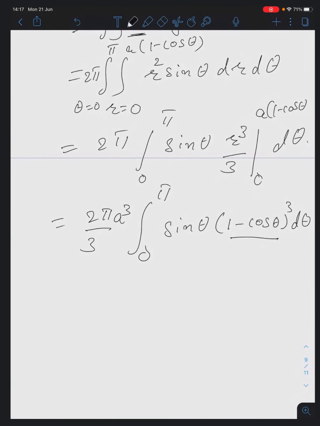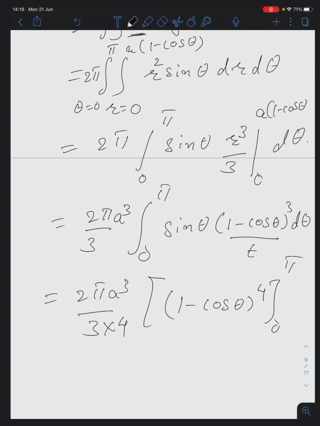So you can substitute 1 minus cos theta is equal to some variable. So in the solution you will get sin theta d theta. And again, instead of changing the variables, once again you substitute. If you substitute this as t cube you will get t to the power 4 by 4. And that t again I will replace with 1 minus cos theta whole to the power 4, divided by 4, which I will write outside. Limits 0 to pi again I will write. I have not written the limits for t. For this one I have taken t. So when I differentiate I will get this thing.